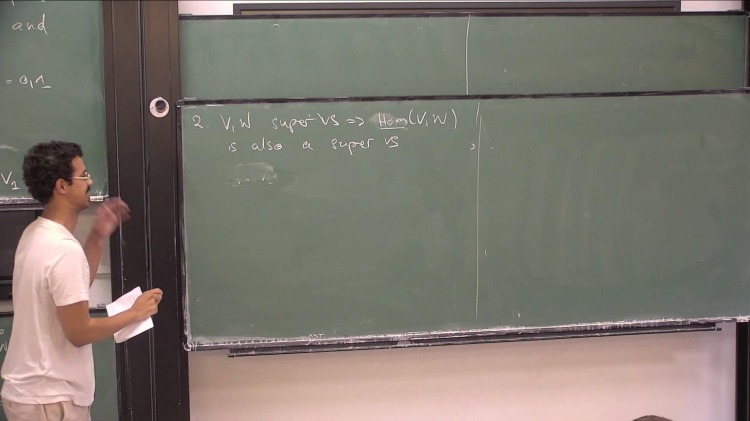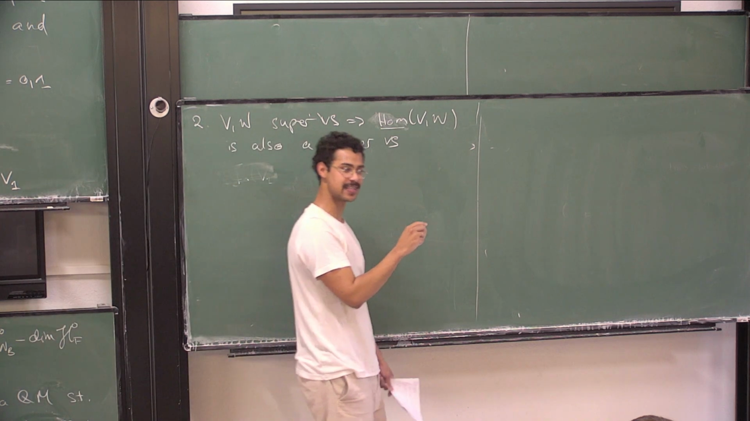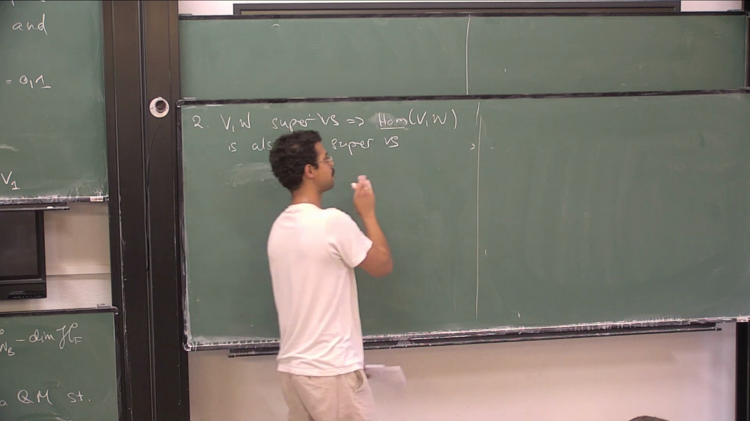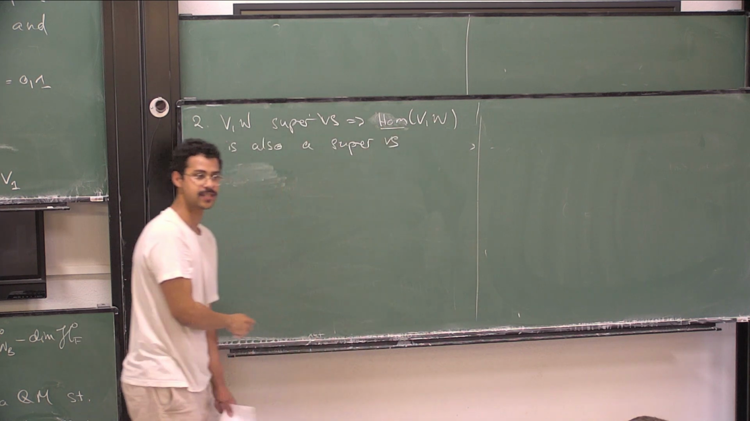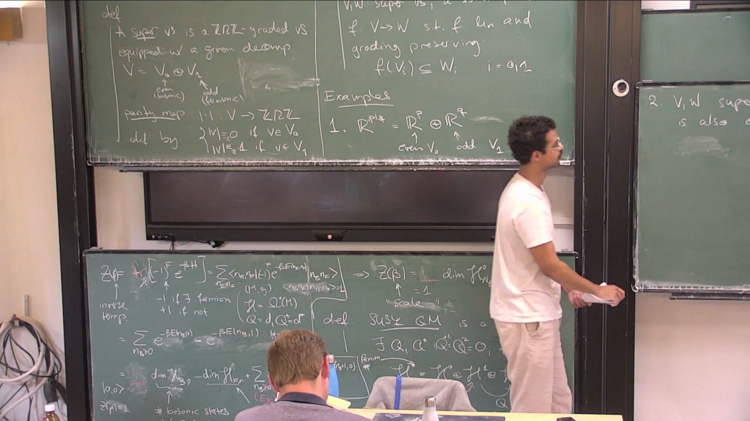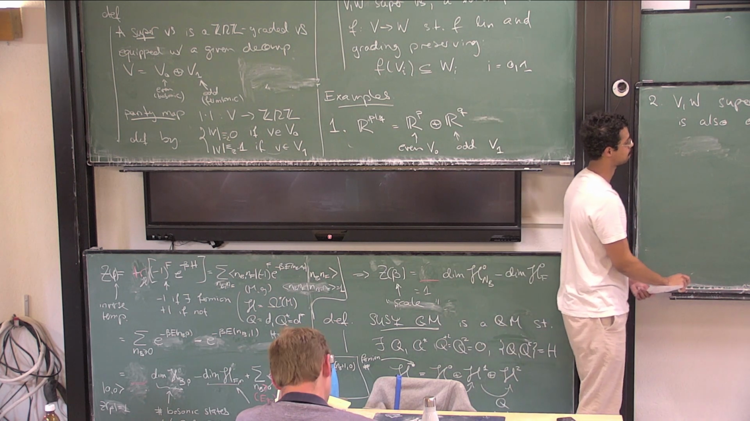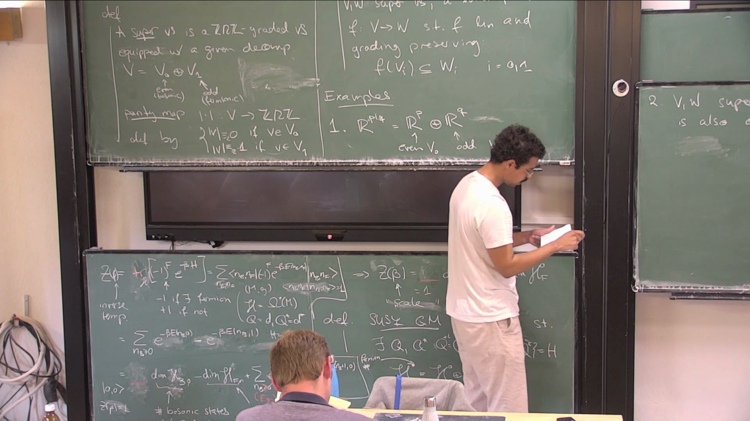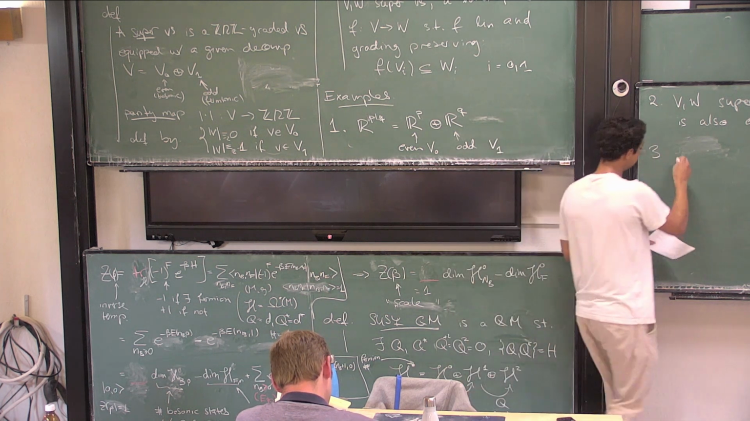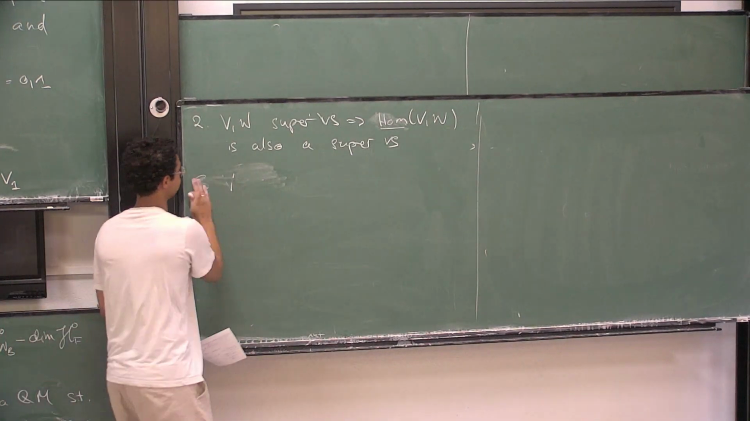Okay, thank you. That's true. Not necessarily preserving the grading, just linear maps between the vector spaces. One other important example is if you have... So why is that a super vector space? That's kind of the exercise, but the idea is like